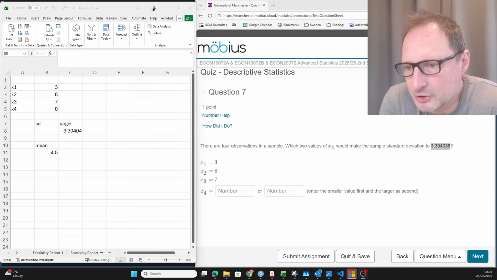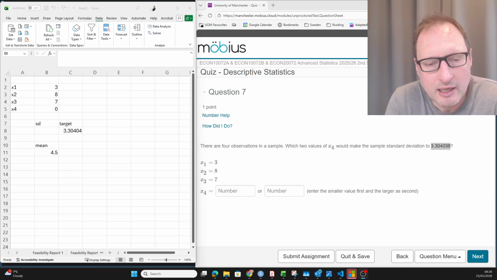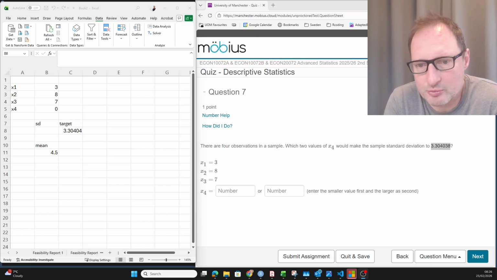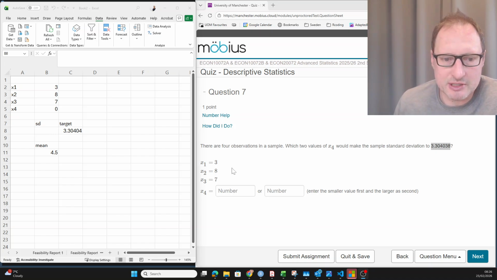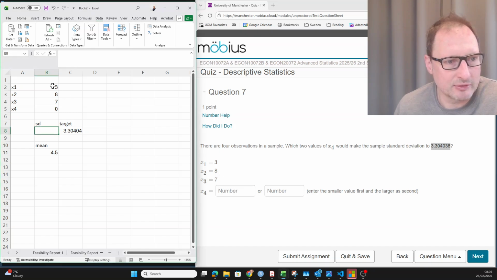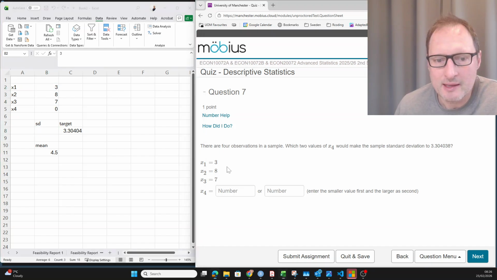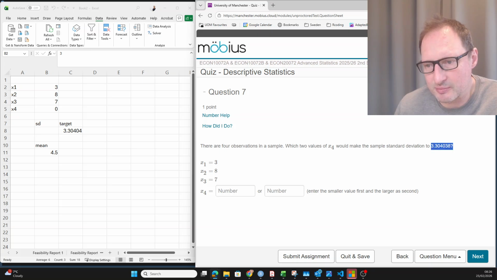So in this clip, I want to show you how to solve question 7 from quiz 1 using Excel. The issue here is, in that question, there are 4 observations, x1 to x4. We're given 3 of them, the first 3, which have values 3, 8, and 7. I already replicated these values here. And we want to choose the 4th such that the sample standard deviation is equal to this value here,